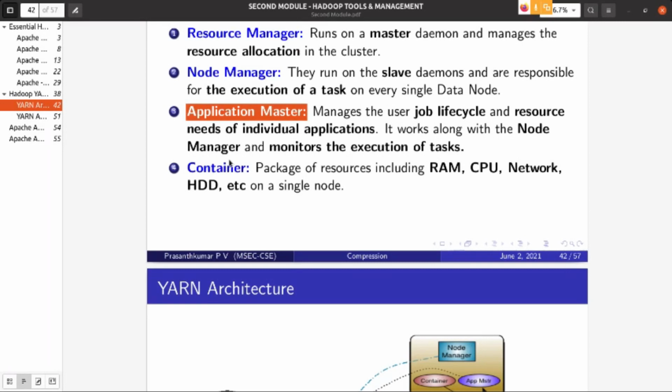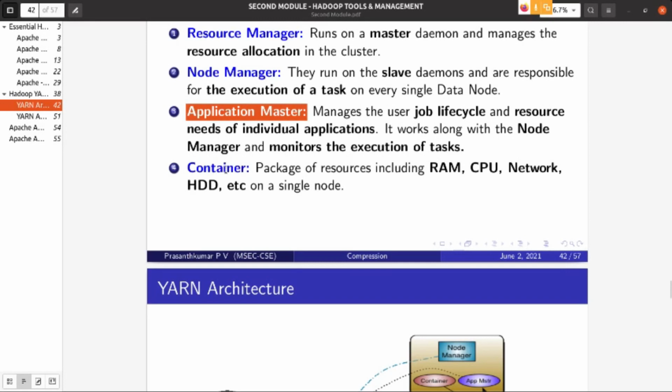And where can we find this application master? You can find it in one of the node managers. What is its responsibility? Its responsibility is to manage the task, monitor the task. Suppose a task needs some resources, then it monitors that and requests the resource.